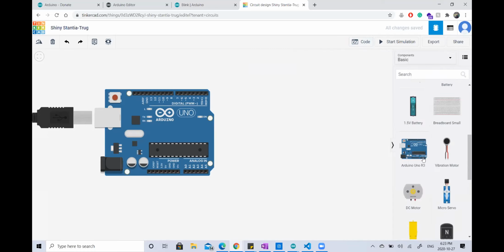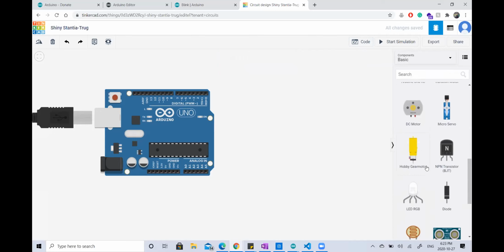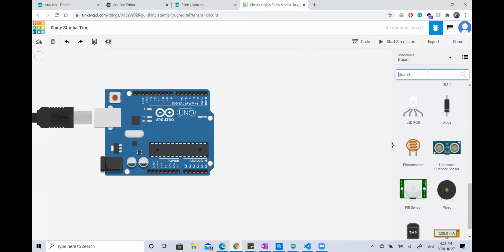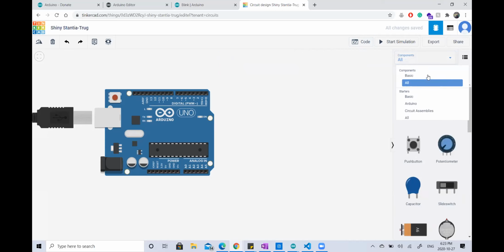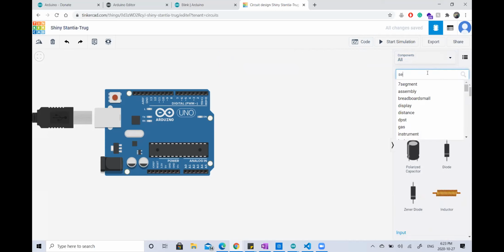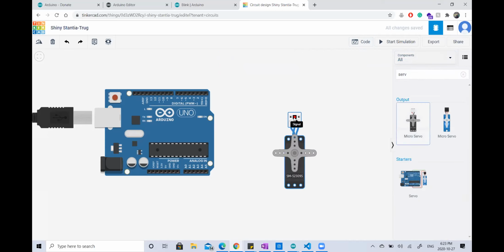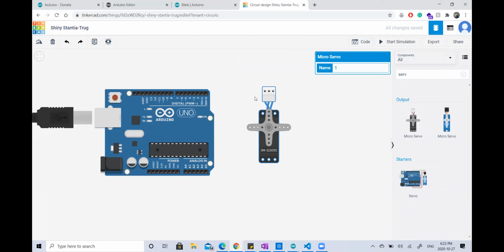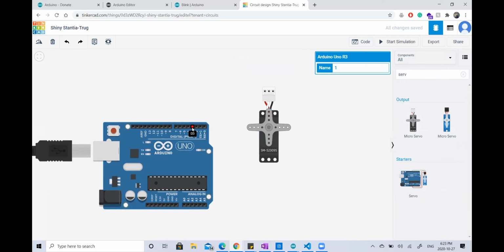And then we can turn off code and add in a few things here. So we can search the servo, and then we can connect it to